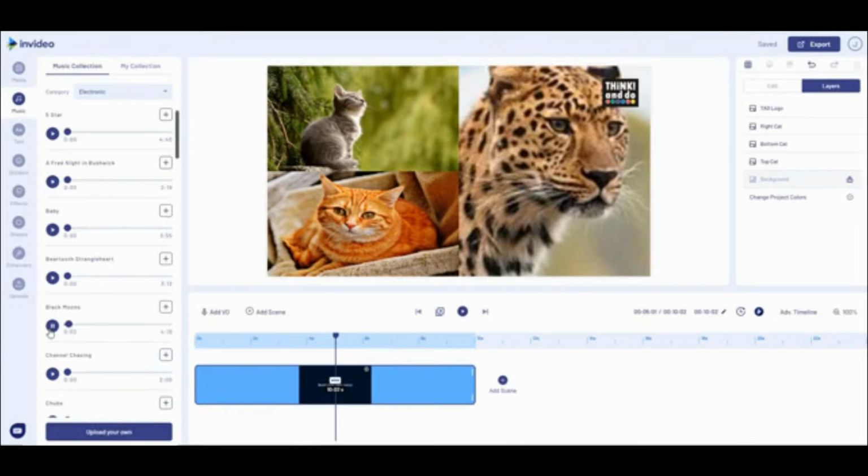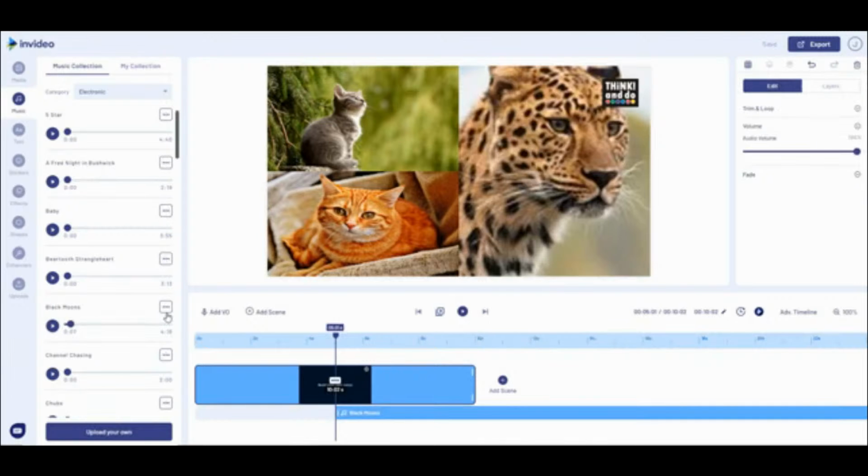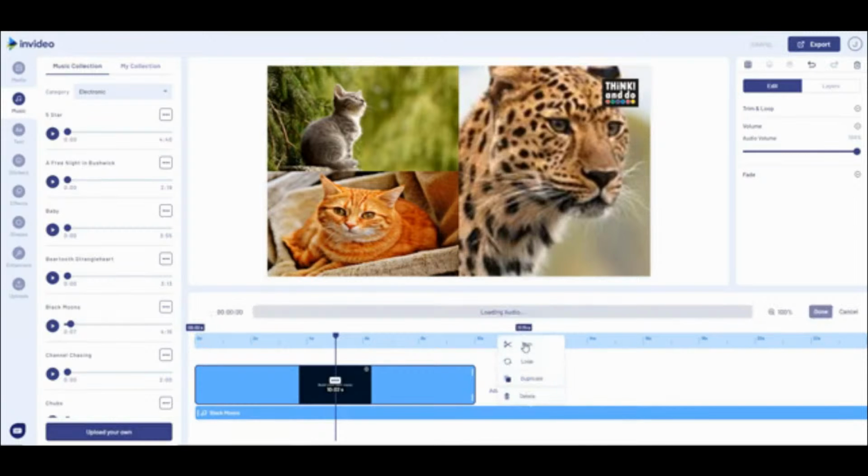I can just see me there playing their guitar. Okay, so I'm going to add that there, and I'm going to move it to start at the very beginning. But you'll see, it adds the full length of the music. So now, if I click edit and I click trim,